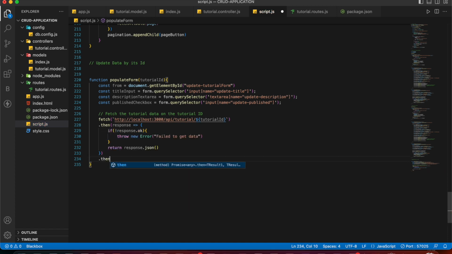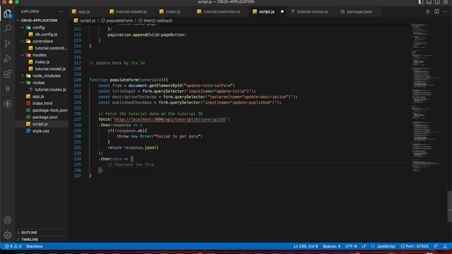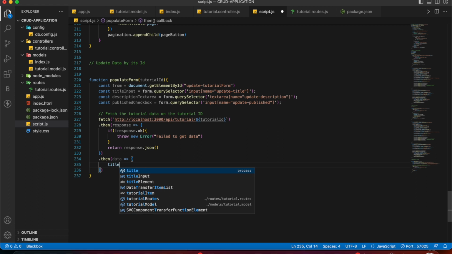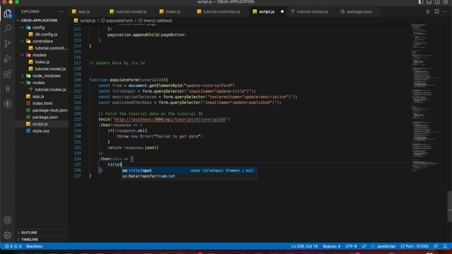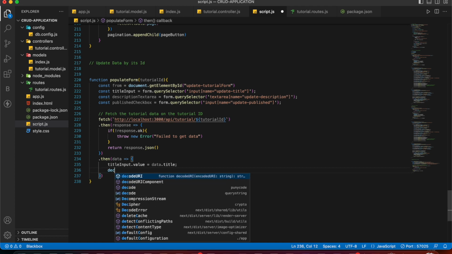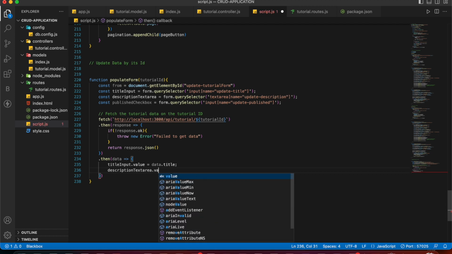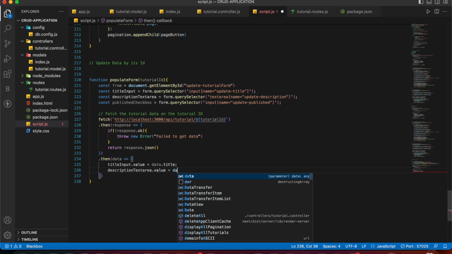And then we are going to use our data, and using that data we are going to write titleInput.value equals data.title. In the title input element, we are assigning the value equal to the data title value. Similarly, we are going to write description textarea.value equals data.description,